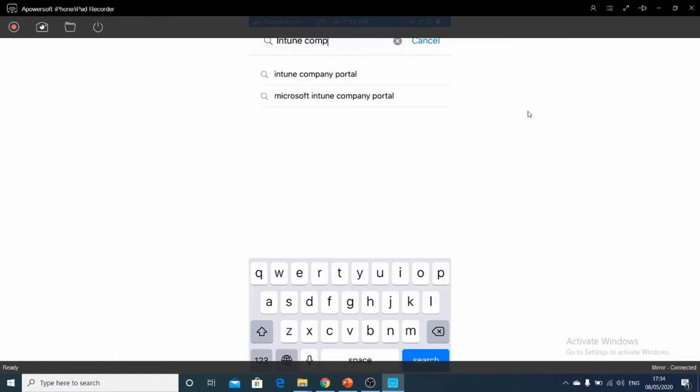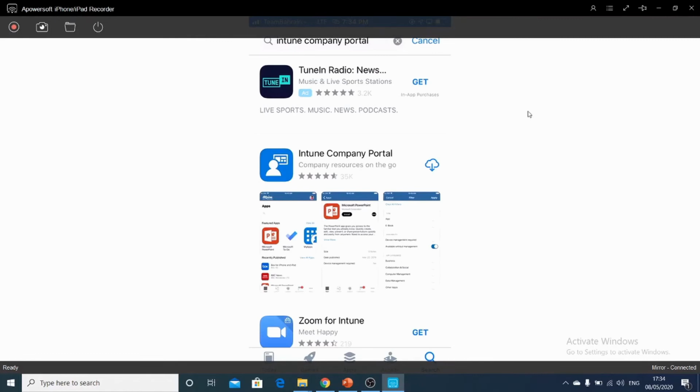Sorry, your company portal. Alright, the first option is Intune company portal. Just choose download. It's downloading now, so it takes a few minutes. It's a very small application. Once it is downloaded,